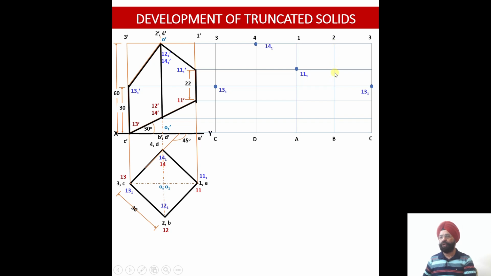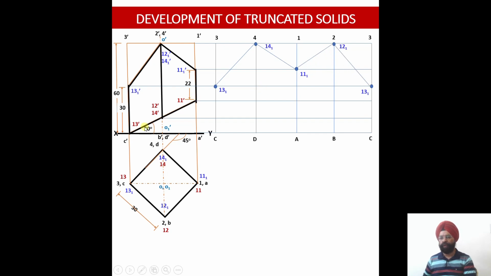And please check where my edge 2B has been cut by the first cutting plane at this point. So I'll draw a horizontal line. This will give me point 12,1 over here. So you see all blue color lines, the points are there, and then I need to join them. So once I join 13,1, 14,1, 11,1, 12,1, 13,1, this is my pattern over here.